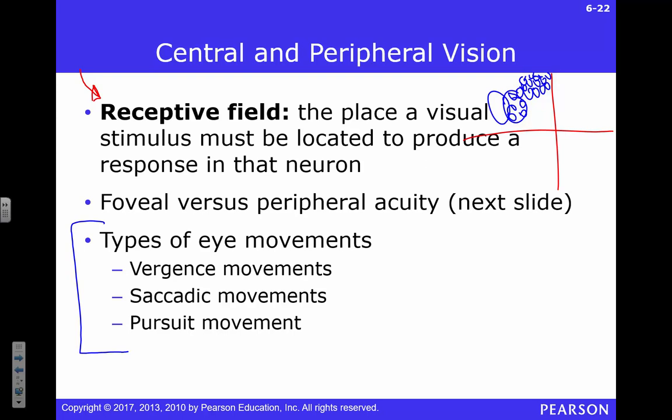We also make what's called saccadic eye movements, or saccades. This is when you zip your eyes from one location to the other. You're looking over here and you hear some noise, or you need to follow somebody, you need to look somewhere else. You move your eye over. The third is what we call smooth pursuit or pursuit movement. This is when you are tracking the movement of an object, right? And you can move your eyes smoothly as that object is moving through your visual space.